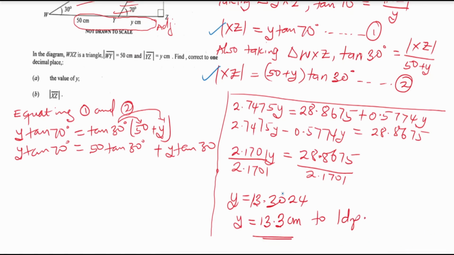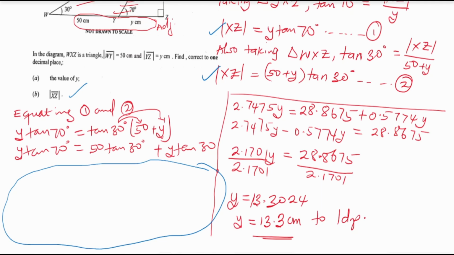And now let's go back to the second question, B, which is for us to calculate the magnitude of the side XZ. Fortunately, we can use either equation 1 or 2 to get the same thing. And looking at this, I think equation 1 is very easy to use. So taking equation 1, the magnitude XZ will be equal to y times tan 70, and that will be equal to